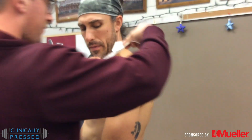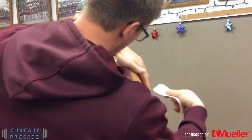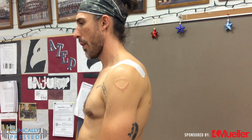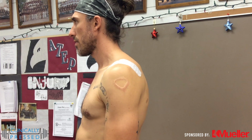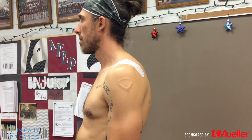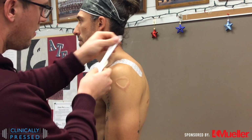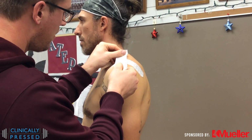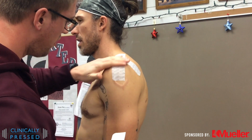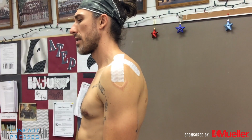For the actual taping procedure, we're going to use pro strips as a buffering between the skin and the P-tape that we'll actually end up using, just due to the adhesiveness and the tackiness of it all. That P-tape can be really irritating to the skin, so we like to use the pro strips to help take some of that off. It gives us a better stick to a bigger coverage area with the pro strips compared to that. So I did one going from anterior to posterior, and then we're going medial to lateral, going over